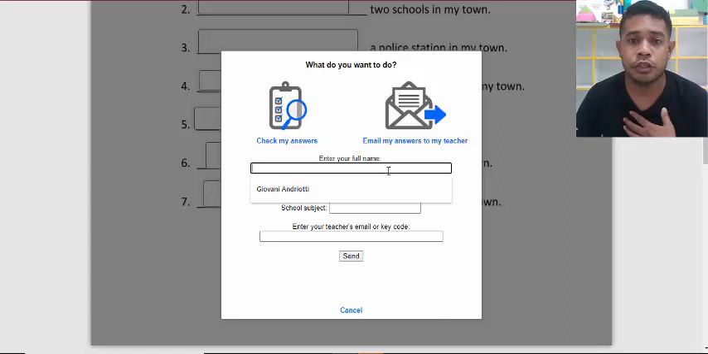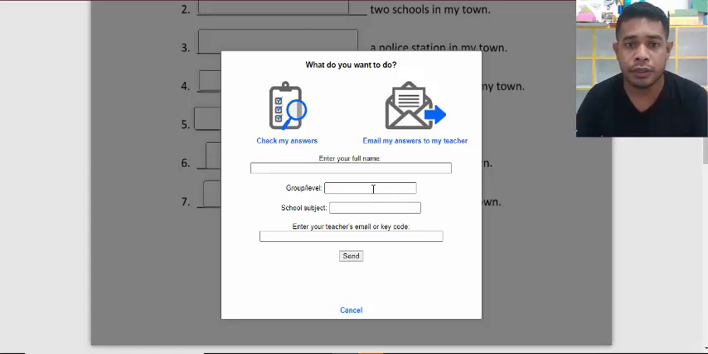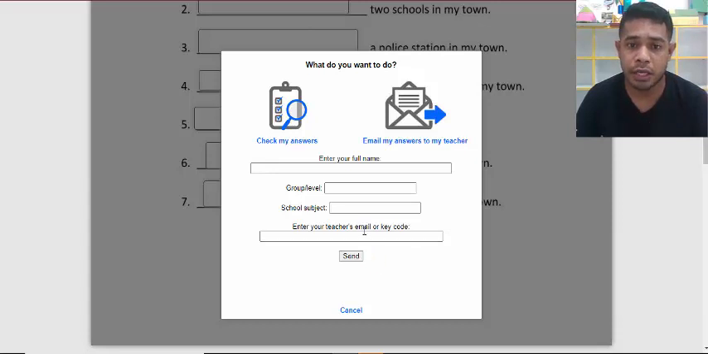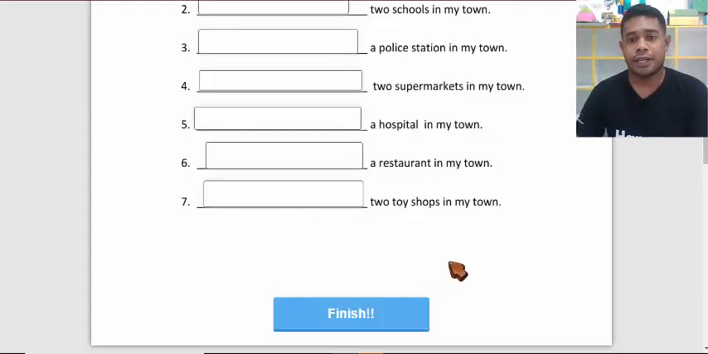So you need to put your full name right here, and then your level or your grade, and the subject, and also the email. So you need to put Mr. Richard's email right here, and then after that you need to send it to Mr. Richard. Okay, I think that is all